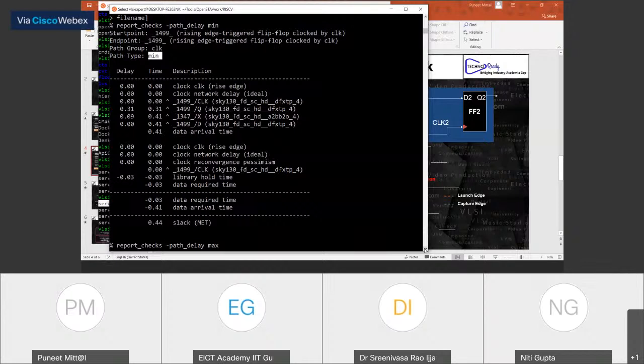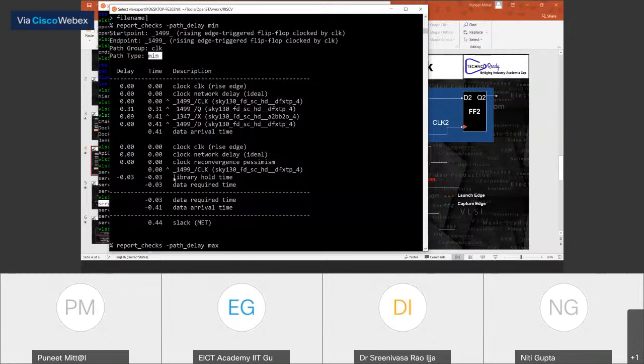Arrival time is supposed to be minimum in a hold and maximum in a setup. Remember that 45 minute and 30 minute. 30 minute we took in the case of a hold, and 45 we took in the case of a setup. That means max and min. So this is one way you can figure it out.